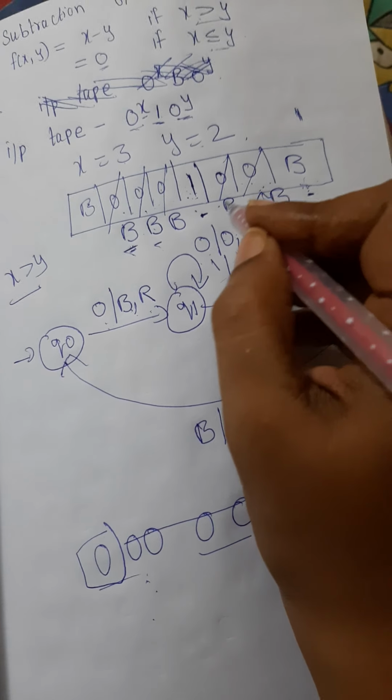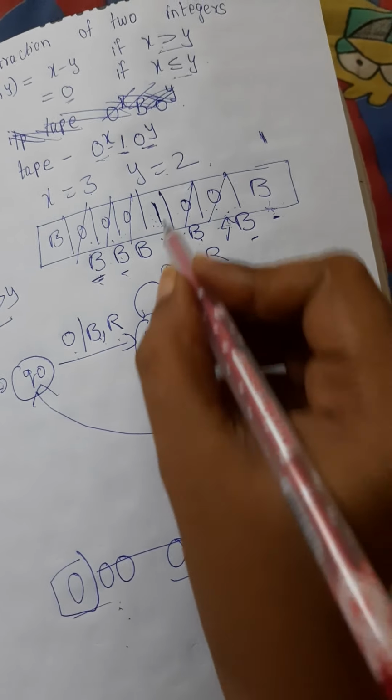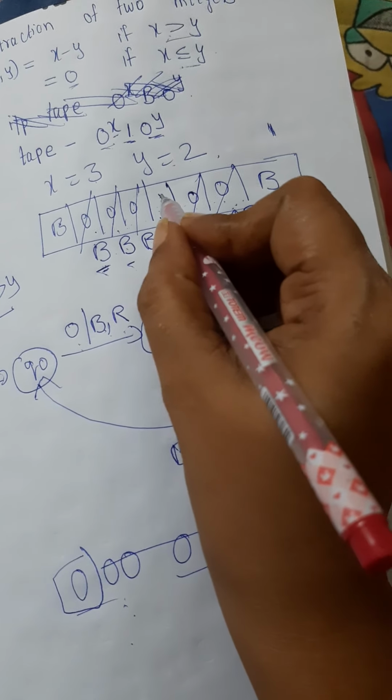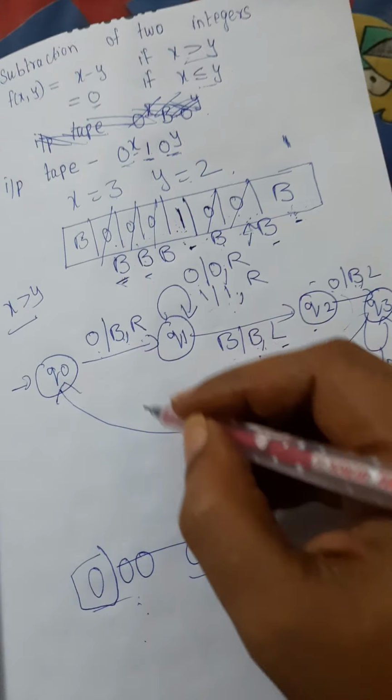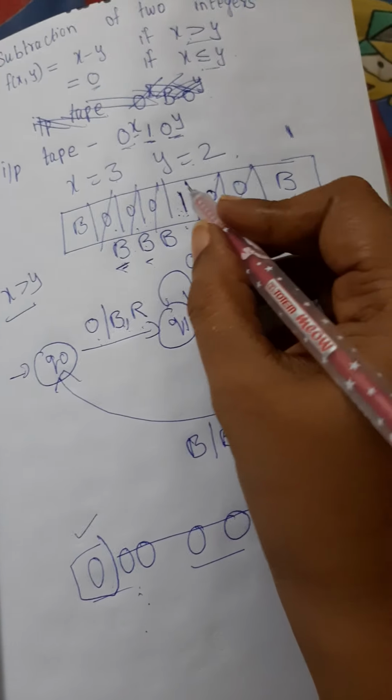1 is actually a separator. So we are at the Q2 state now. We are seeing blank and we are moving left. When we move left, you have a blank. But according to our answer, what should our answer actually be? We have to get 1 0 as an output now.